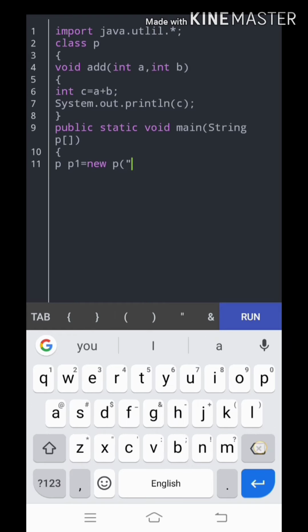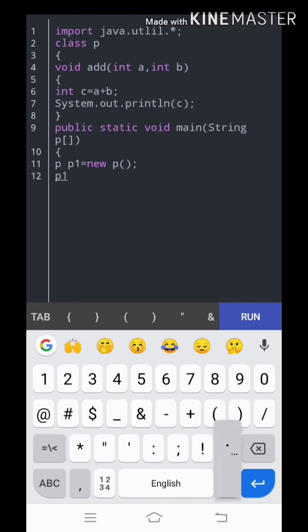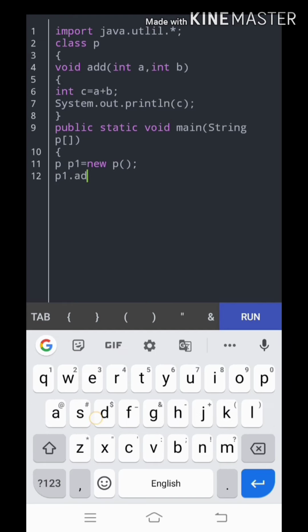The object was declared successfully. Now we are going to call the add function so that the implementation will be done. For calling that we need the instance of the class, that is p1 dot add function. So we have called that add function, and closing the main function and closing the class.